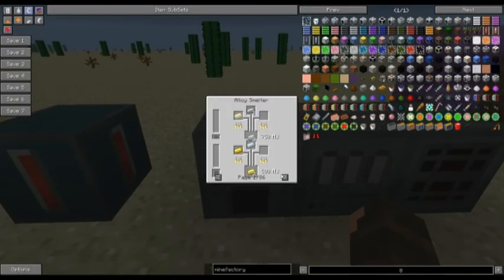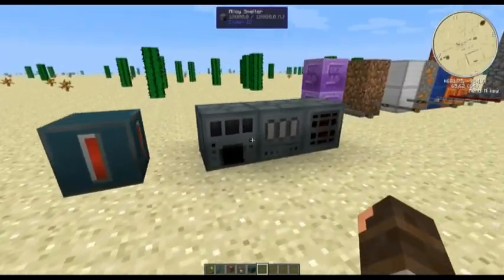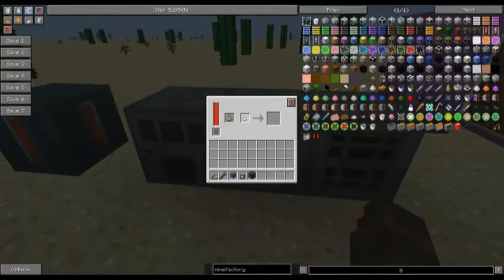It's crafted in here using the alloy smelter, which can smelt almost any kind of alloy, and you can use it like a normal furnace too. So you can put it to alloys only and furnace, and you can control it using a redstone signal. We have a painting machine,